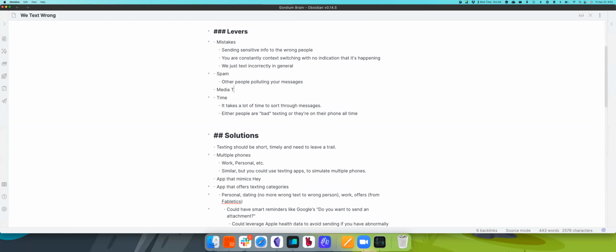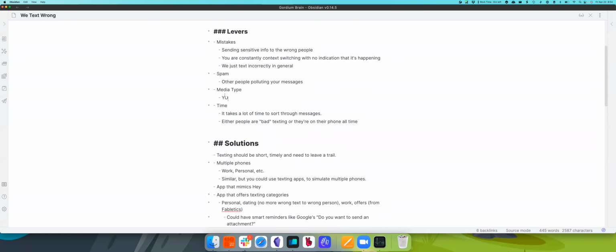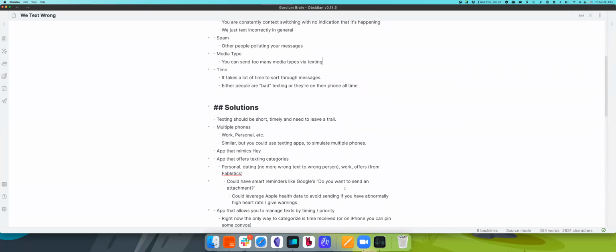So there's kind of a media type lever, which is you can send probably too many media types via texting. Maybe all the photos should be done via a photo sharing app. We have one of those, and maybe all the voice messages should be in a voice messaging app. Well, but probably not. I don't know.